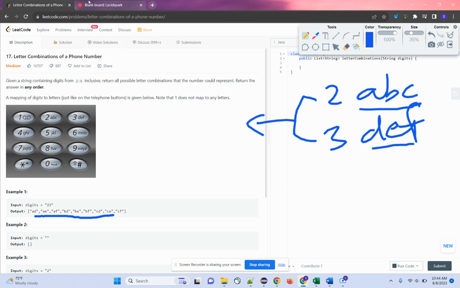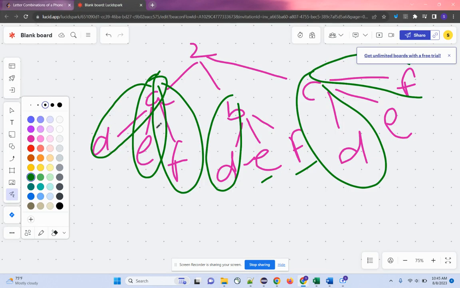So there are basic things to understand here. Whatever the length of the digits is, the combination length should be the same. This is one of the conditions. And how we are going to make this combination is a very important thing. So what can we do is,